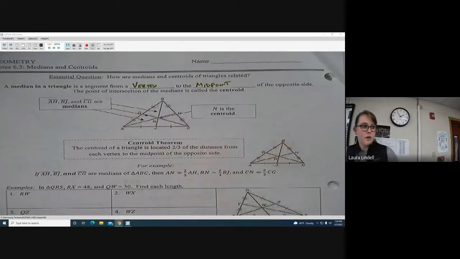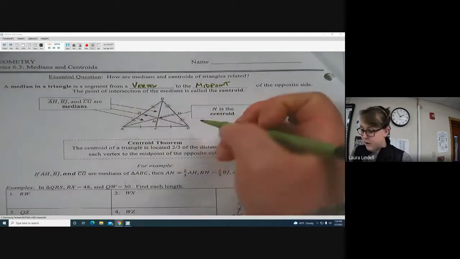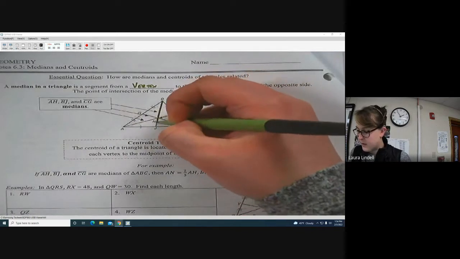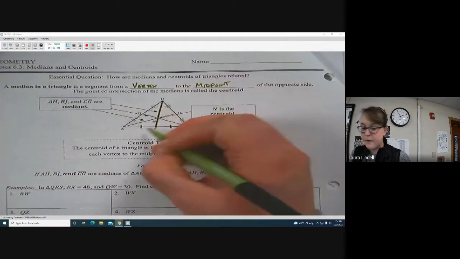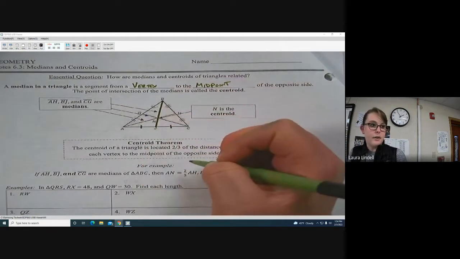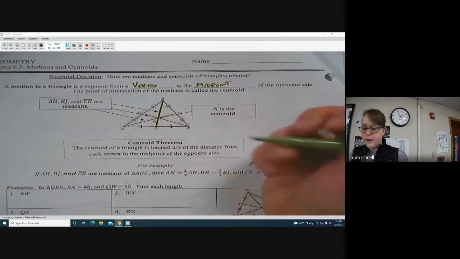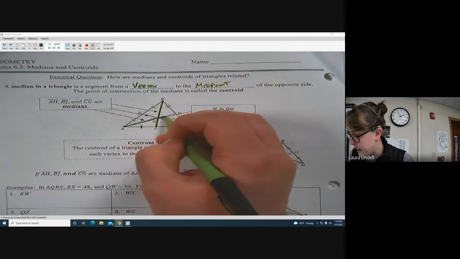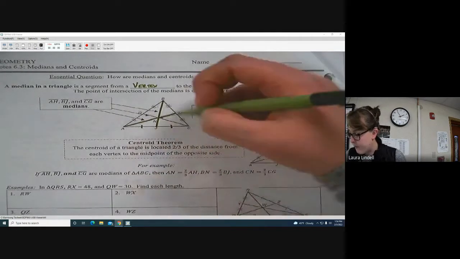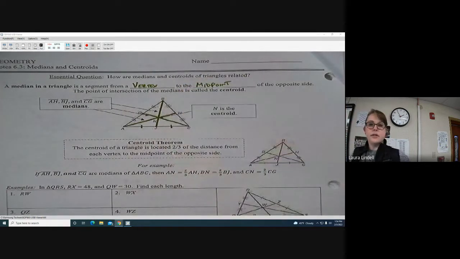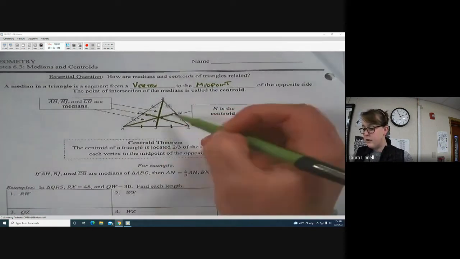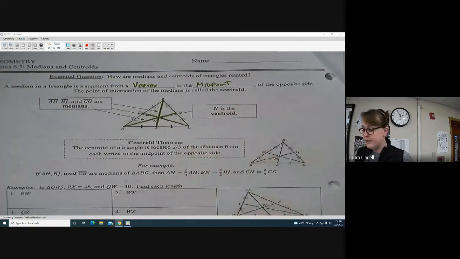All right, so in this picture right here, we see 3 medians, one that goes from this vertex B to the middle of the opposite side. You can see that it's marked as the middle because these 2 segments are equal. Then we've also got this one that goes from the vertex A to the middle of this side, and then from the vertex C to the middle of this side. And so just like with angle and perpendicular bisectors, in that they all intersected at one spot, these also all intersect at one spot, and that point is called the centroid